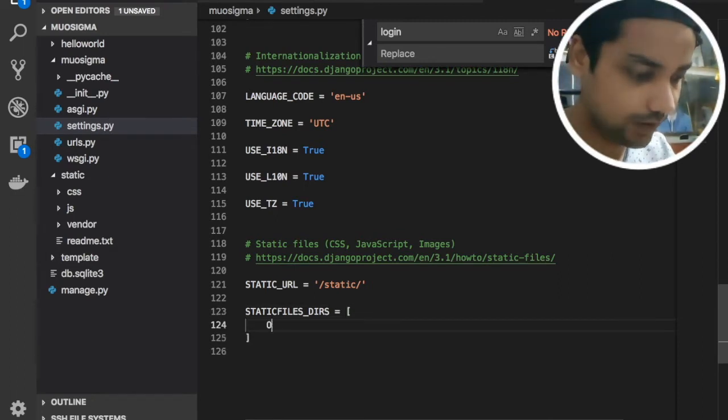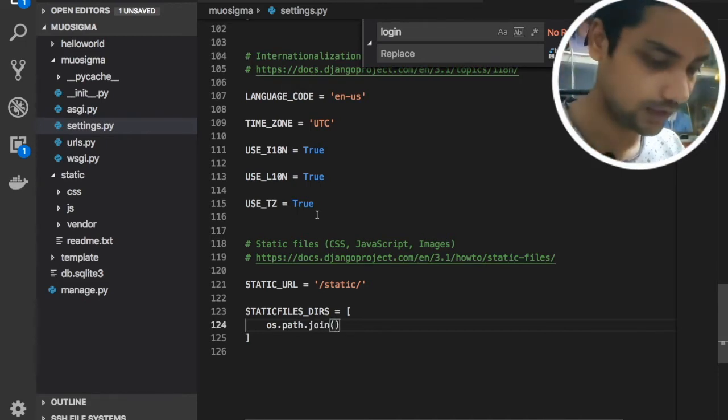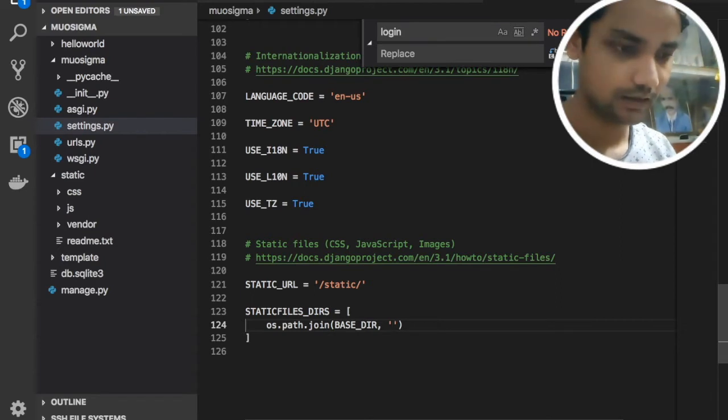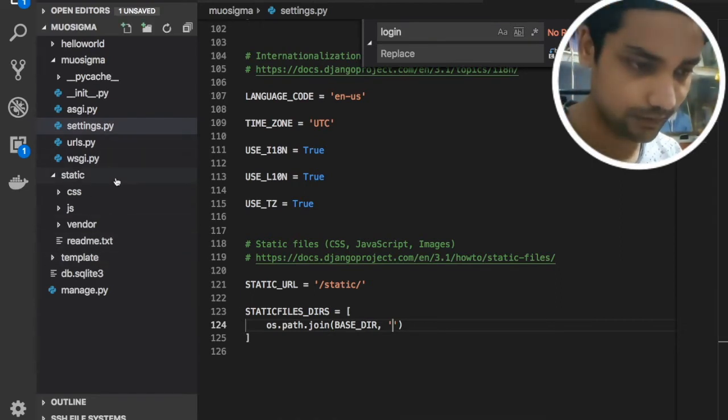Just write os.path.join, and then we have the base directory. We need to specify that folder name, static.